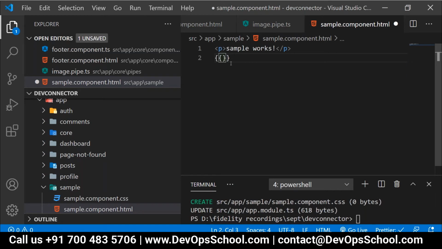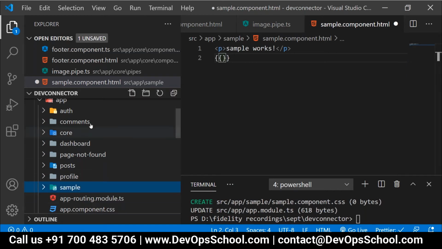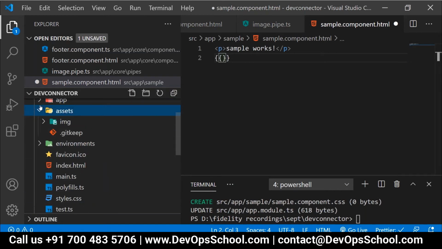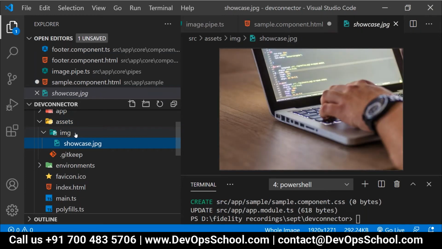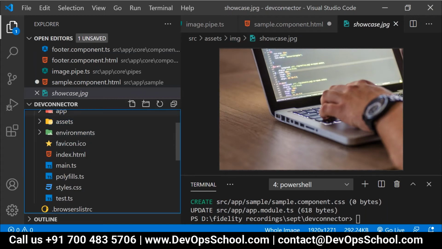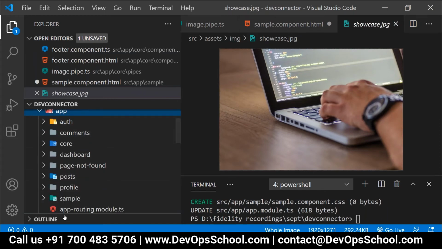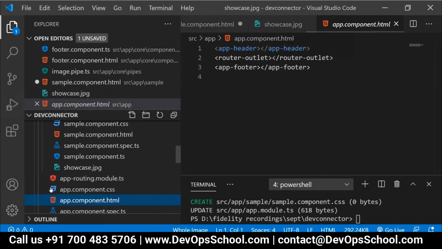Now quickly, inside this asset folder I have this showcase image. I'll copy this path, and inside this sample component only, quickly I'll paste it.